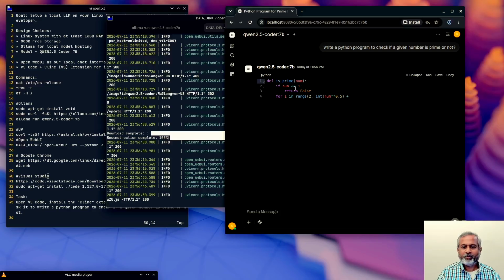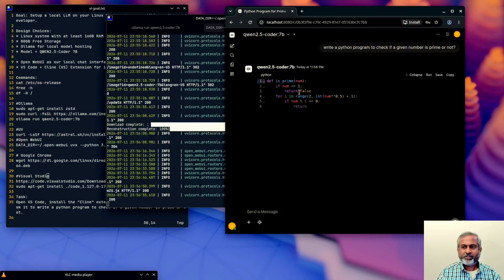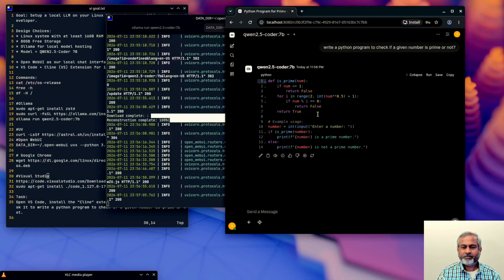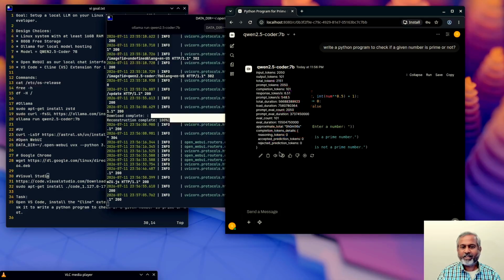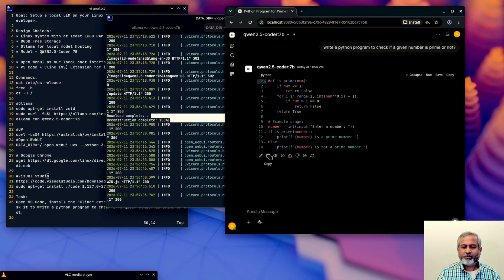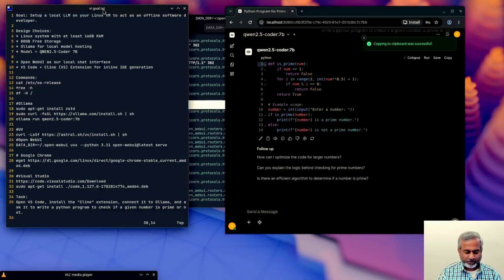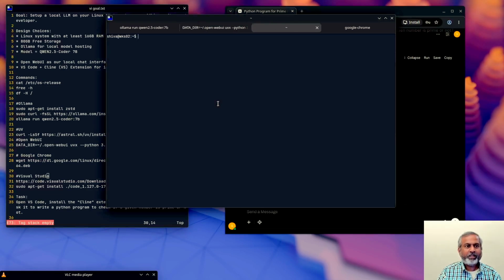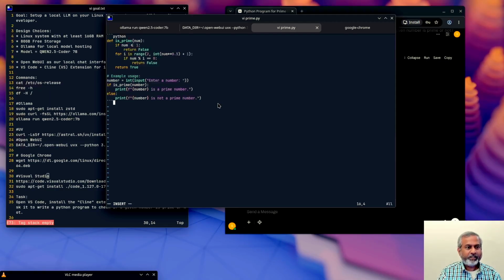And isn't that beautiful? It's generating the program. And boom, just like that, right? Let's see if it works. So copy the code. Let's go back to our terminal. We can say vi prime.py, and then we can paste it,